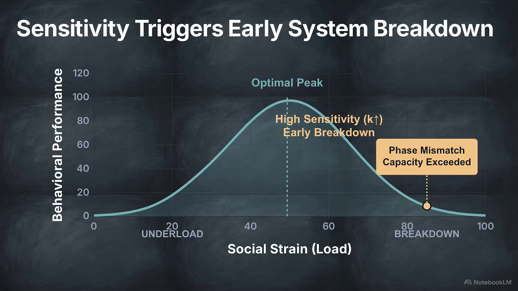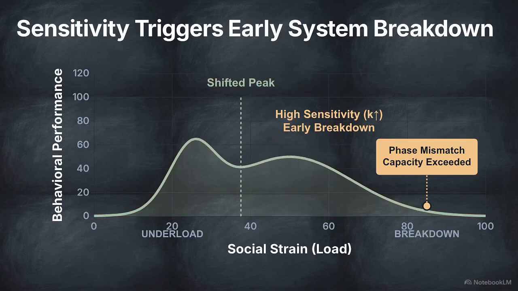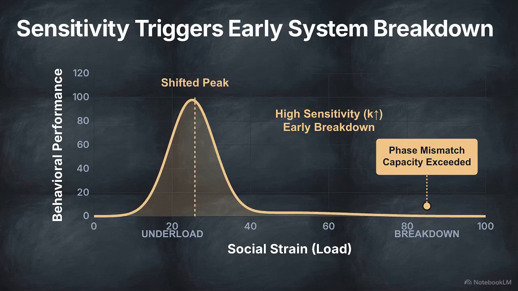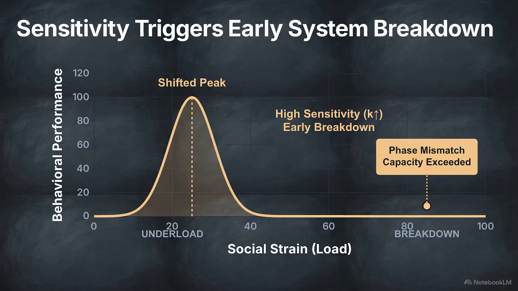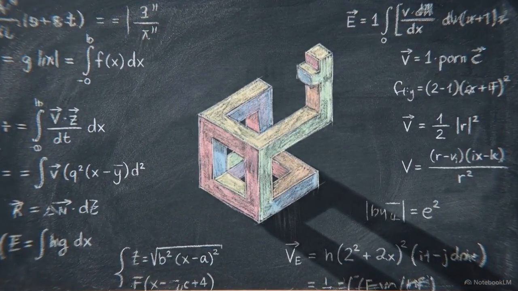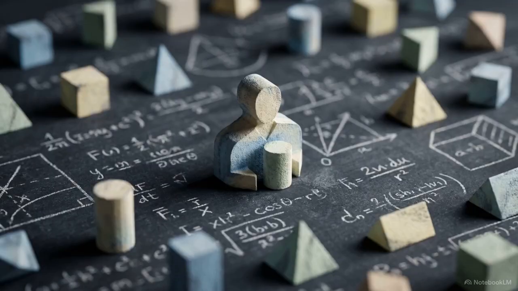For shyness, the sensitivity variable K increases, steepening the curve and shifting the optimal peak left. The system now reaches breakdown under very small amounts of social load. Because the curve is so steep, even a standard greeting can push the system past its peak and into a state of high anxiety. This same mechanical failure explains why people often struggle to speak or freeze up in large